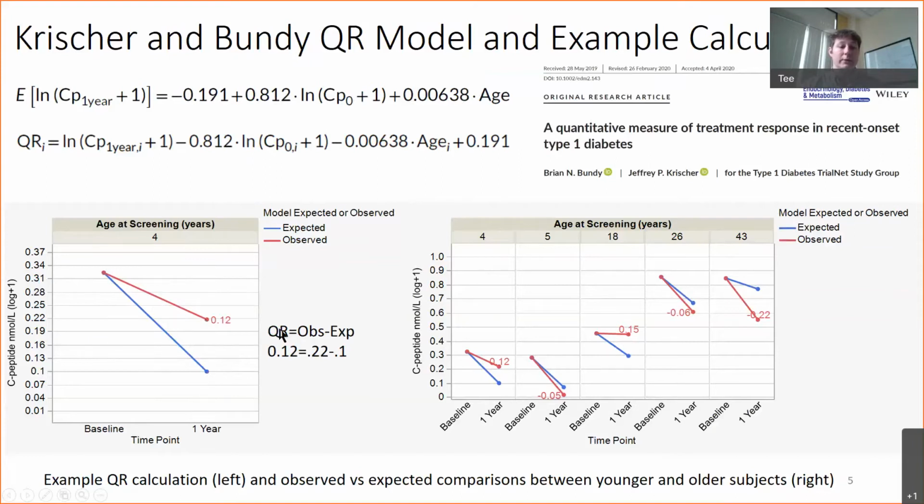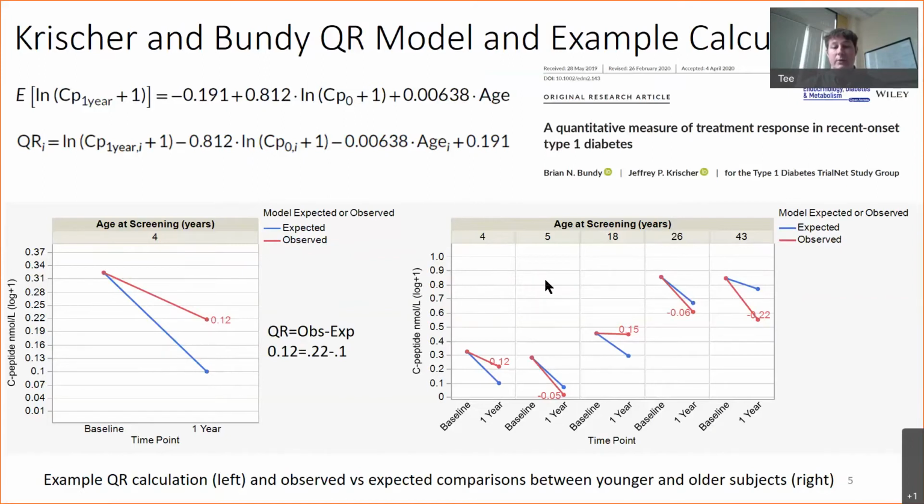So the QR metric is really nothing more than a difference between what was observed and what was expected. So here we have 0.22 minus 0.1 equals 0.12. And this is on the log scale. So this subject has a QR metric of 0.12. Since they did better than expected, on the right, I show that same subject and I compare him to